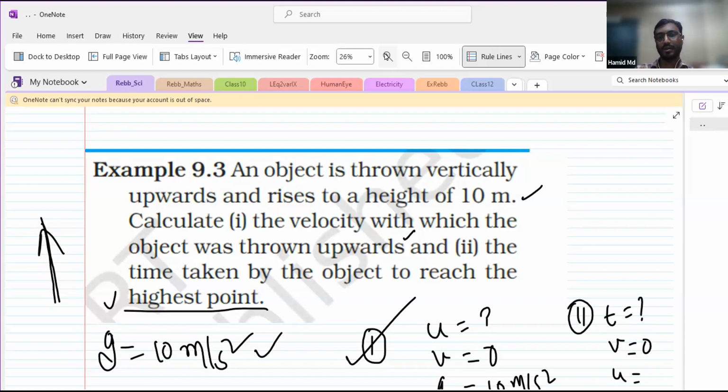So now I will ask you, what is the difference between weight and mass? The difference between weight and mass is that mass has